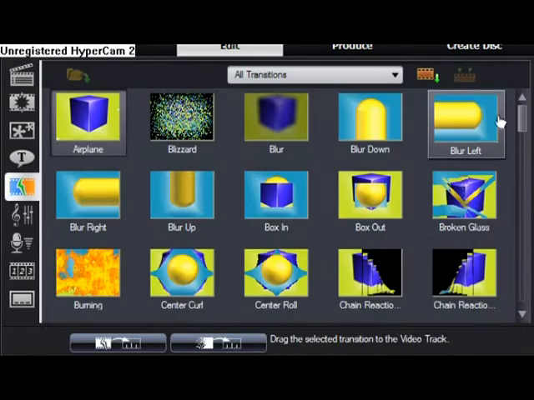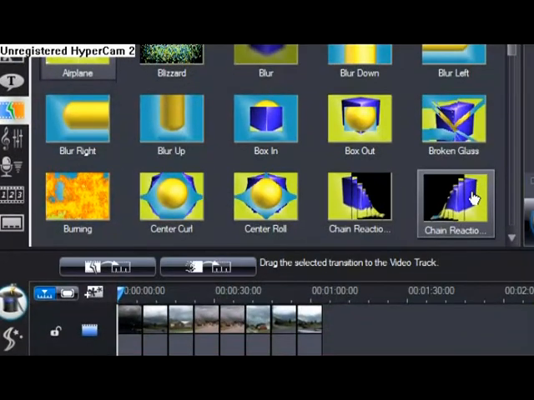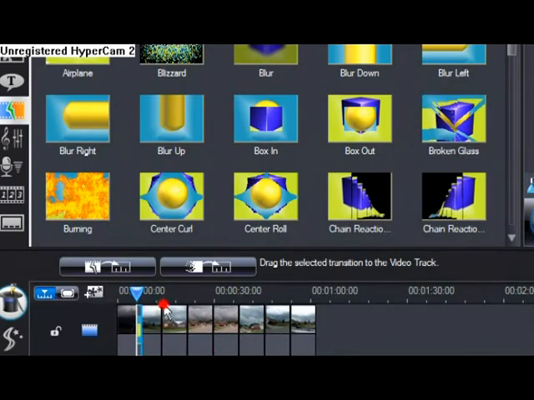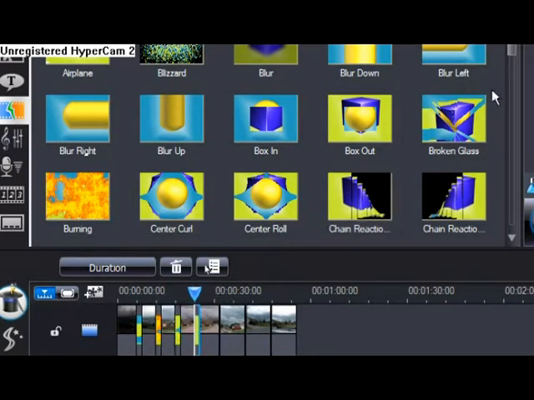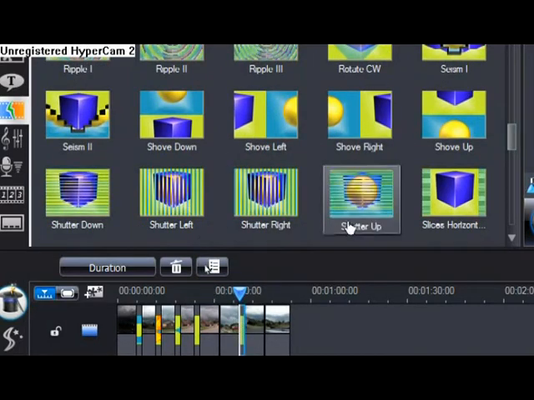There are way too many transitions to actually go over each one individually, but I will show you. I'm going to just click and drag and drop everything onto the line. It's a really simple program to use, and comes out with some really good looking